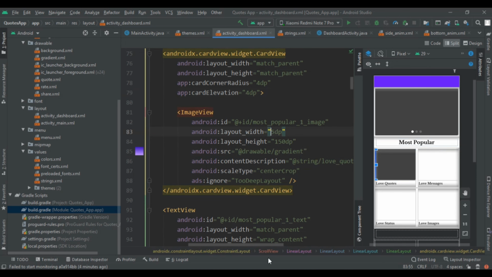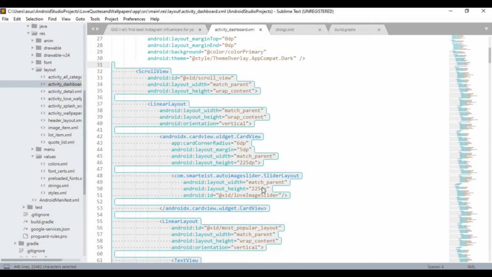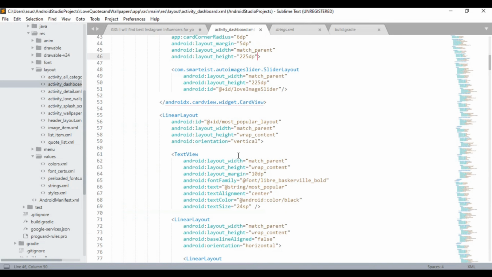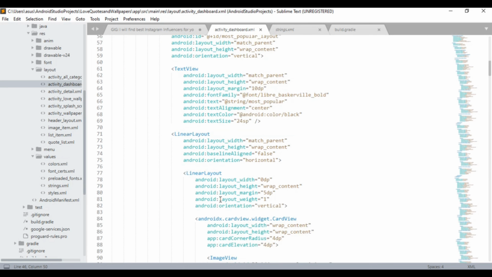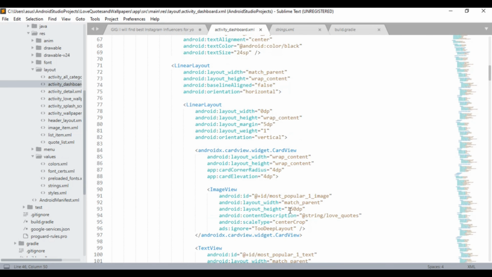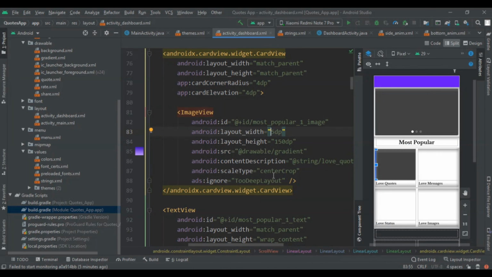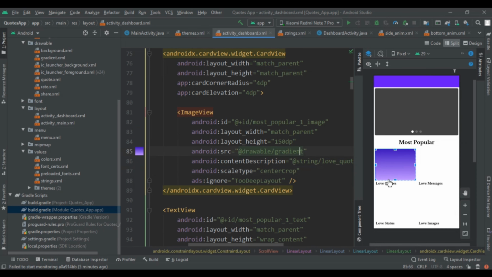So let me check the code. Okay, so here the width of your image will not be 5 dp but match parent. So now you can see that we got our gradient.